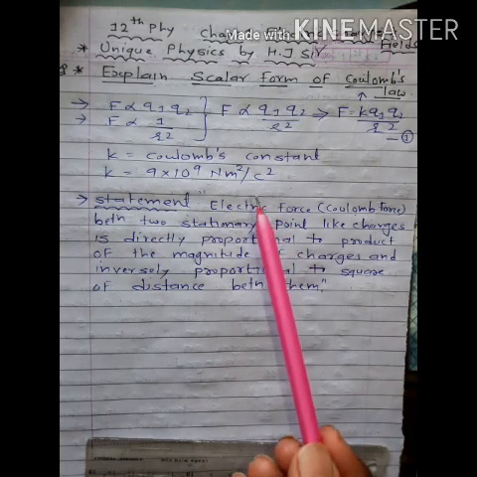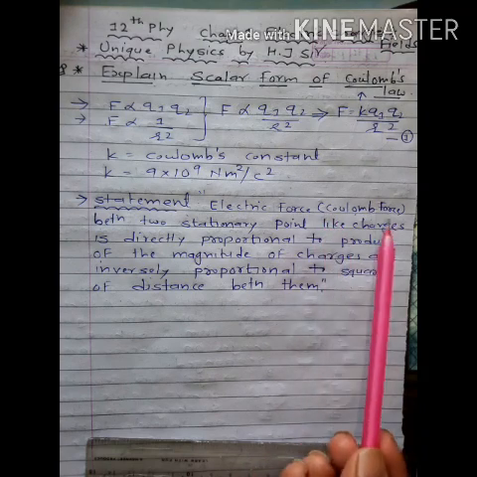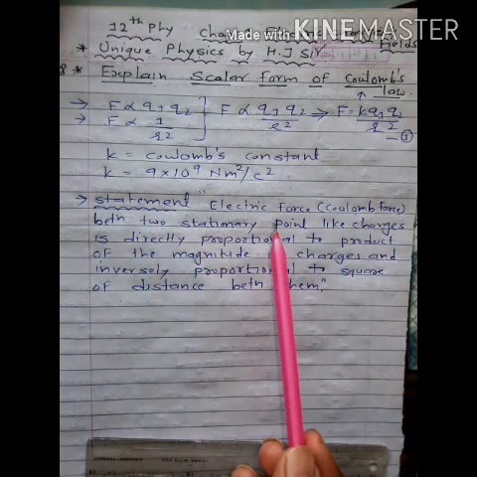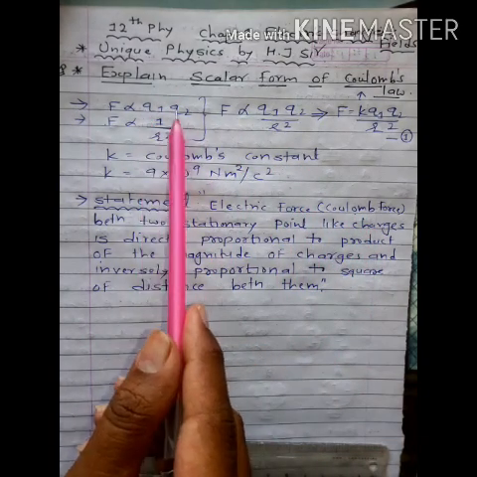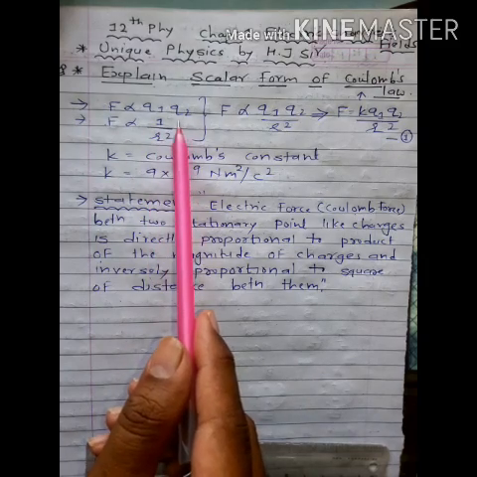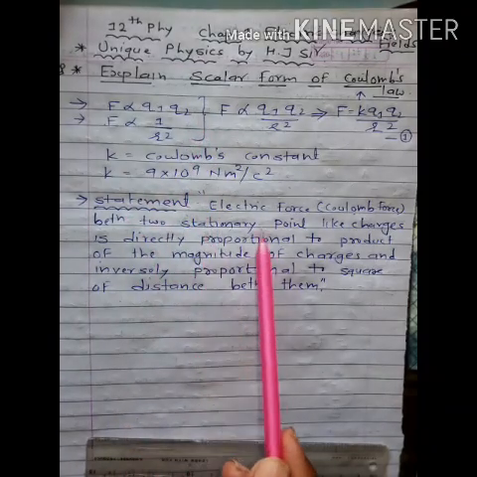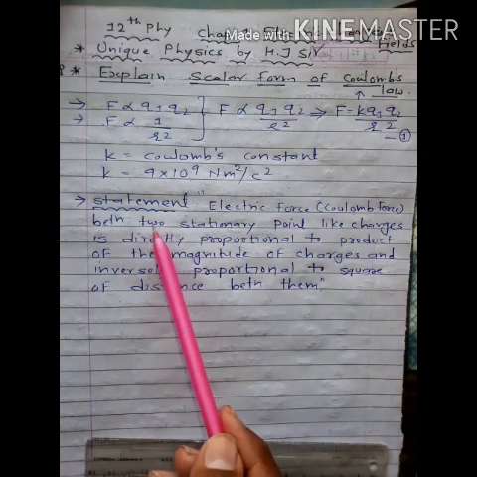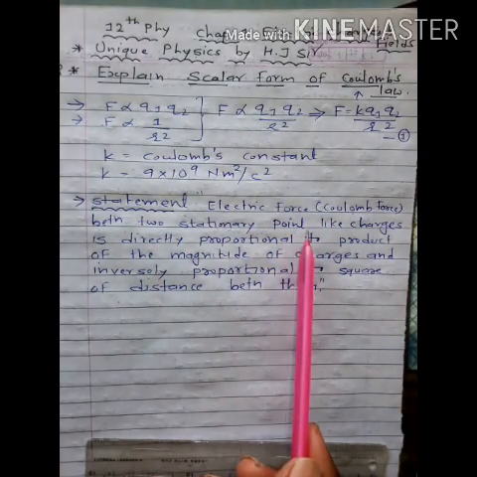Remember this statement: electric force or Coulomb force between two stationary point-like charges. Remember this point. Here we consider two charges Q1 and Q2, but these two charges must be stationary and point-like. Okay, so electric force or Coulomb force between two stationary point-like charges